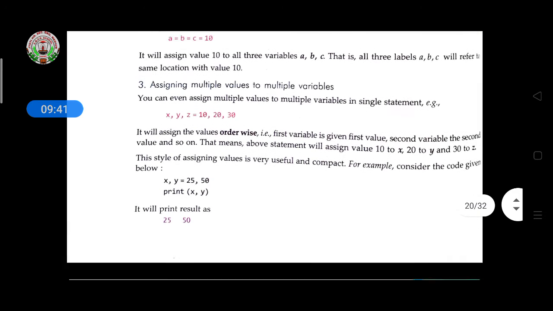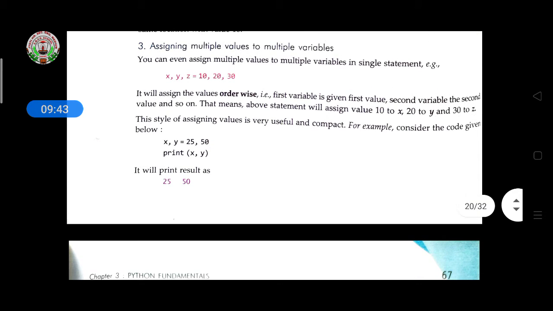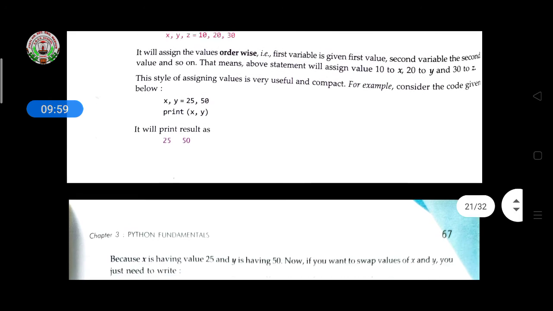Then if you give x comma y equal to 25 comma 50, and you want to print x and y both, the x value is 25 and the y value is 50. Like this it will take the values in multiple format.